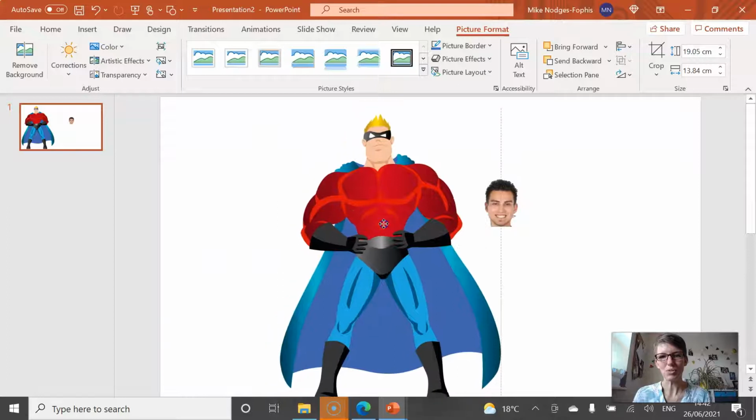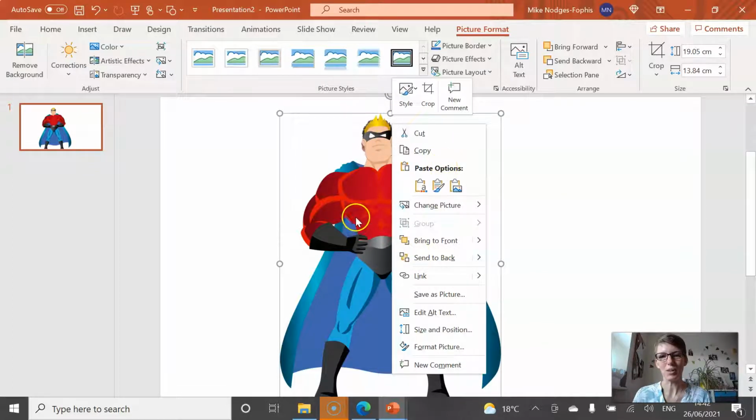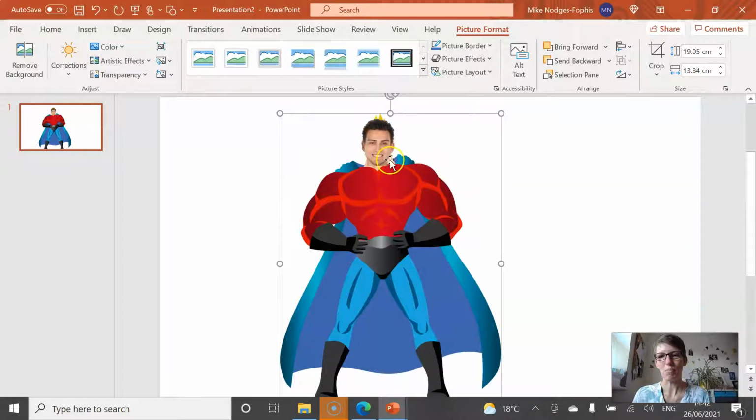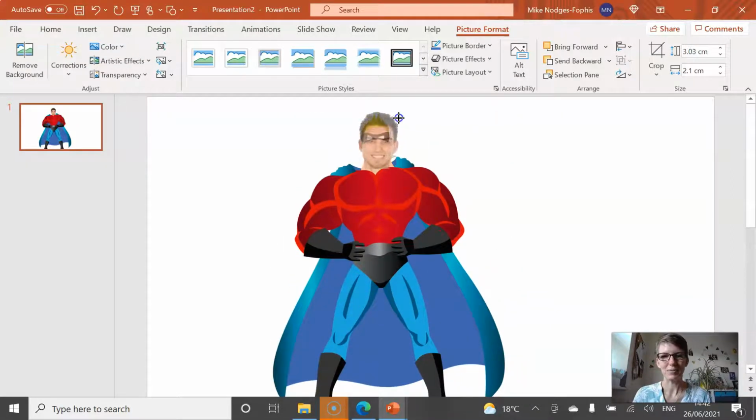So then I want to superimpose Gareth's face onto my superhero. Unfortunately, it sits behind him. So I'm going to right click on the superhero picture and send him to the back so that I can actually see Gareth's pretty face. Resize that face by pulling the resizing handles on the corner. If you pull them on the edges, Gareth gets a little bit chubby, so Control Z if you need to